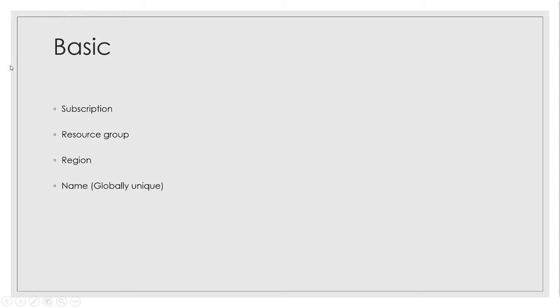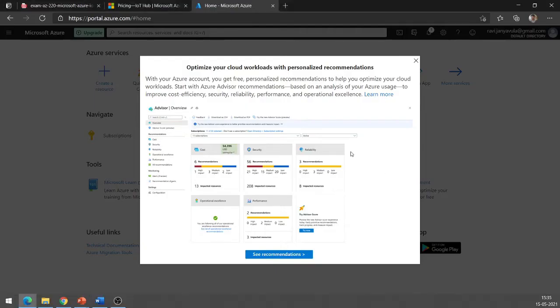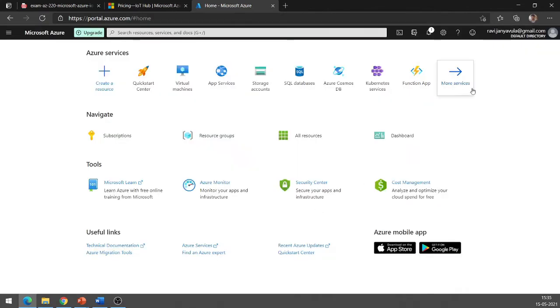So let us switch to the Azure portal at this step and see how it looks. After getting your free access, you will be able to log into your Azure portal, and it will show you a recommendation screen like this. Just close this. If you haven't seen my previous videos, please go ahead and see the prerequisite video.